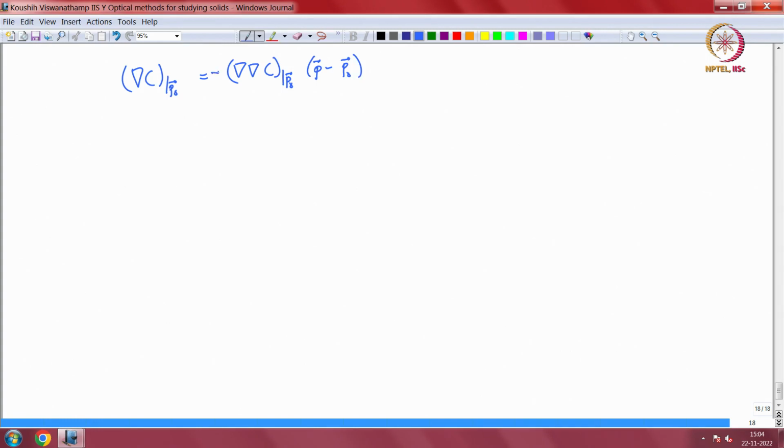With a negative sign. Okay. So, from here I can write down P bar is P 0 bar plus, sorry, rather minus grad C at P 0 bar divided by, I am going to be a little bit loose with my notation, divided by the Hessian. You actually have to do an inverse because these are matrices. So, maybe we will write it out in the correct form. So, this will be